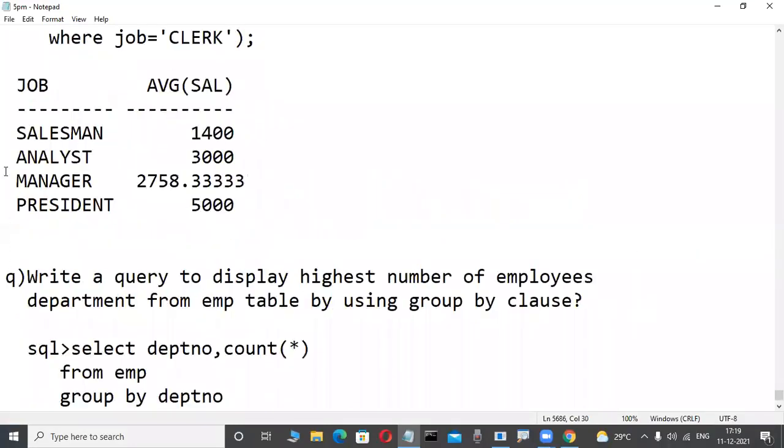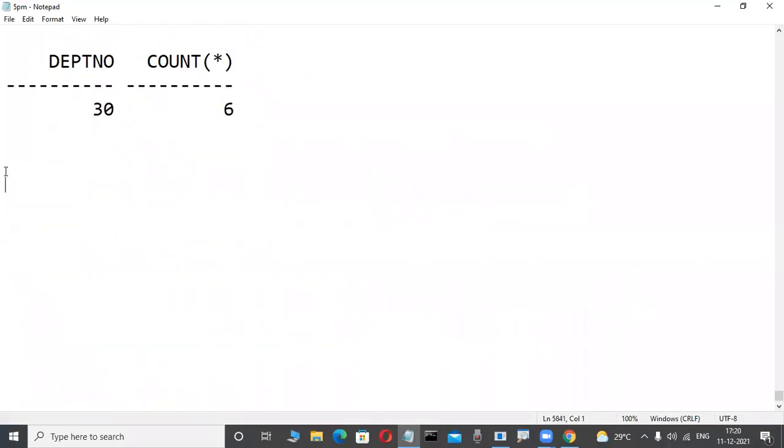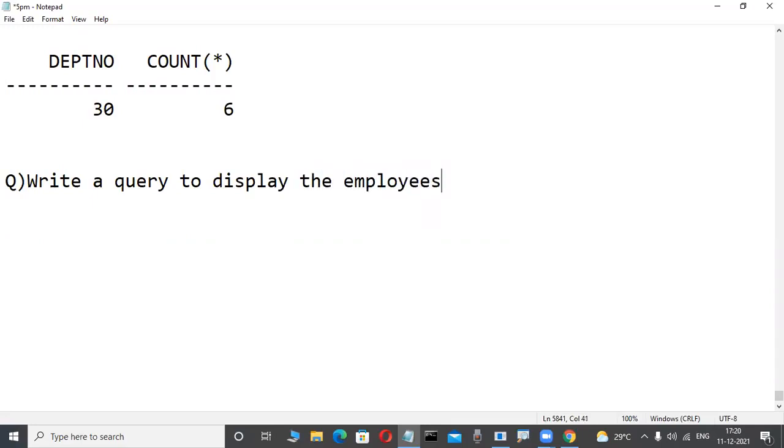Write a query. This is also single process. Write a query. Anybody writing is great. Write a query to display the employees who are working under